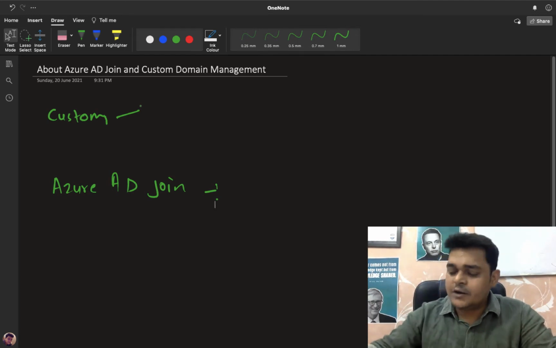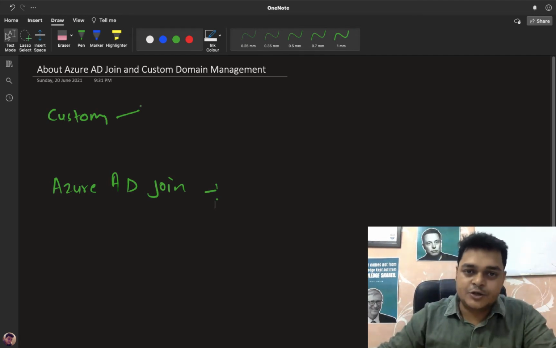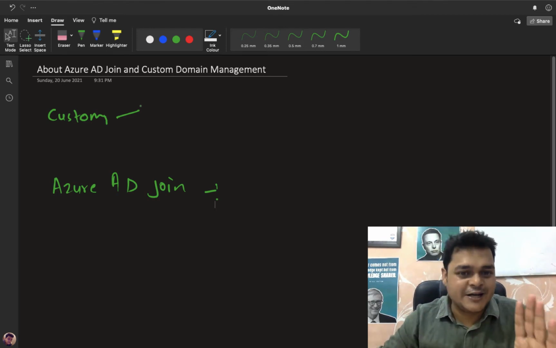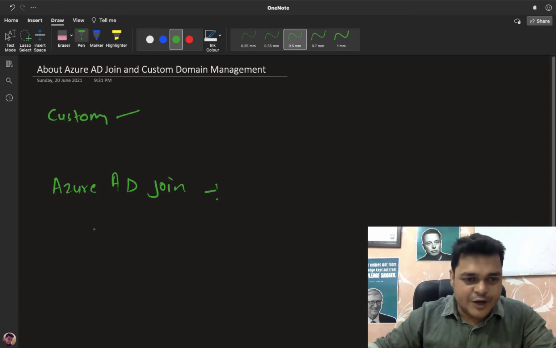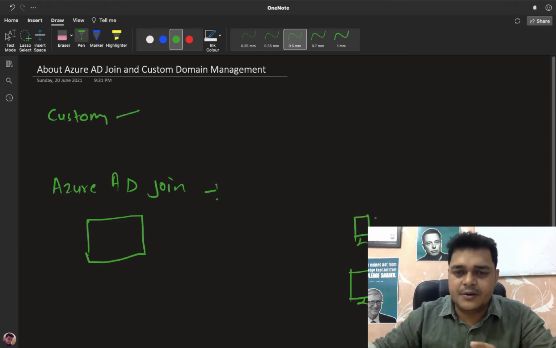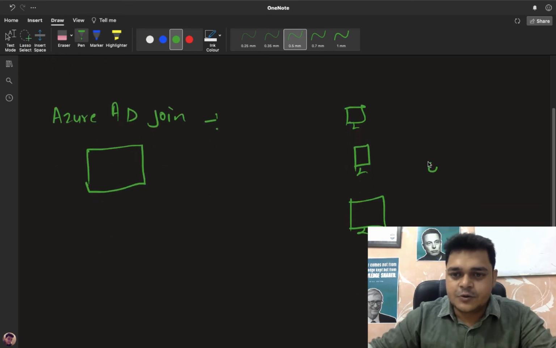Second, we'll also understand the concept of Azure AD Join. Guys, this is not Azure AD Connect. I'm talking about Azure AD Join. For example, this is our Azure portal, and this one is our on-premises machine. It may be a Windows 10 operating system, meaning a client operating system.